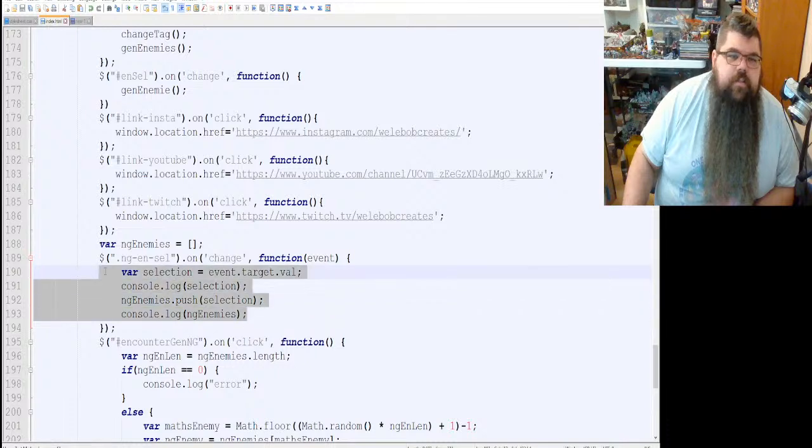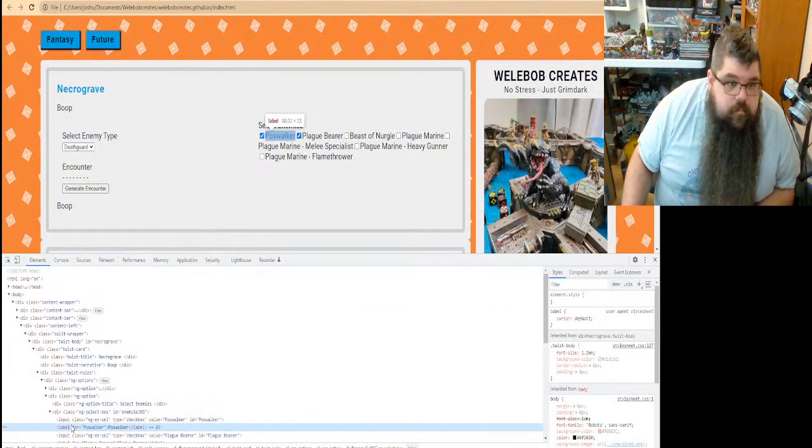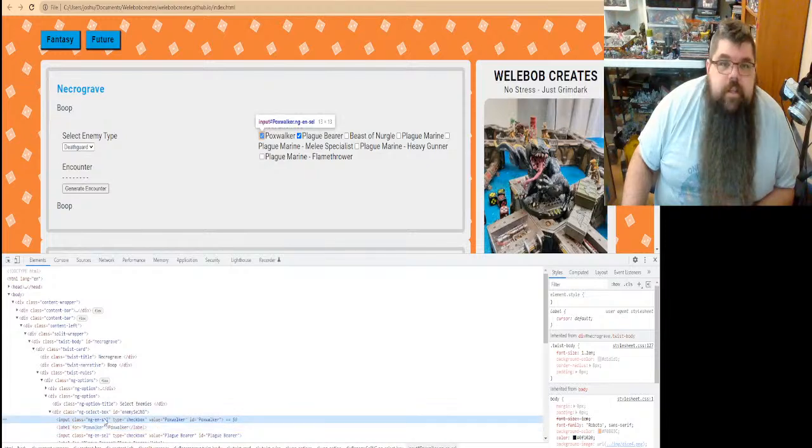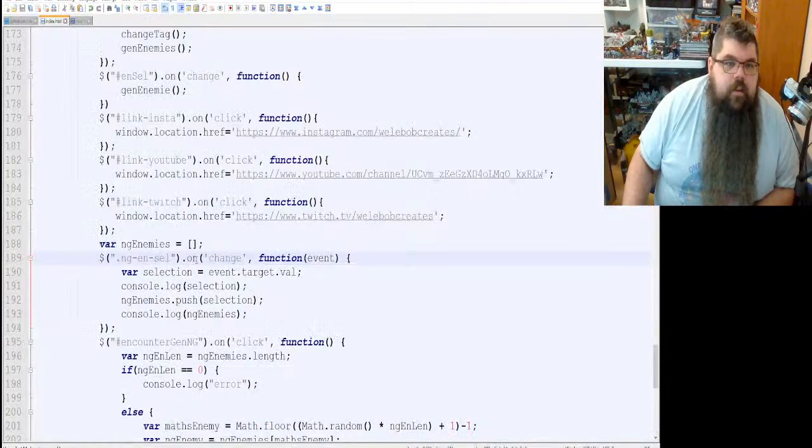Actually, none of this is triggering. I don't think this is triggering at all. So let's check these guys. ng and cell right there, right? Let's put a console log in there so we can see something happening. On change function event.